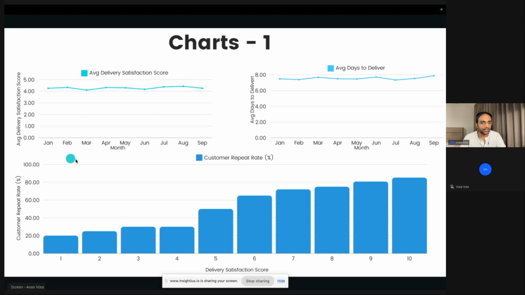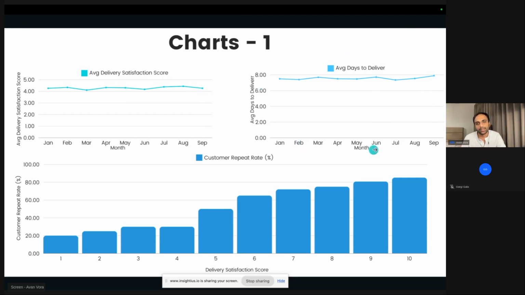Okay, first chart. First chart is average delivery satisfaction score by month. It's a scale from 0 to 10. The graph is a bit misleading, so 4 is a pretty low score. But yeah, it's a scale from 0 to 10, not 0 to 5. What do you see here? What's the average around? Pretty simple, right? Average around 4, around 4.4, 4.2. It's a pretty bad score out of 10, right? People are not happy with the delivery.